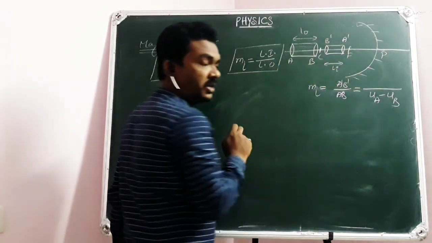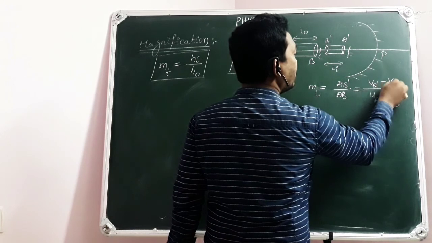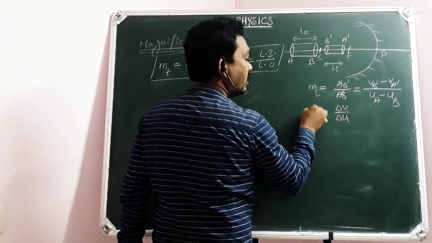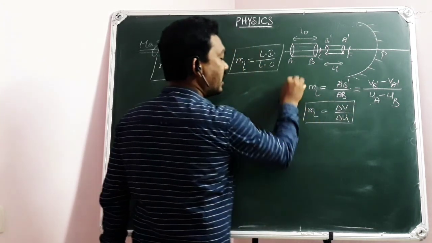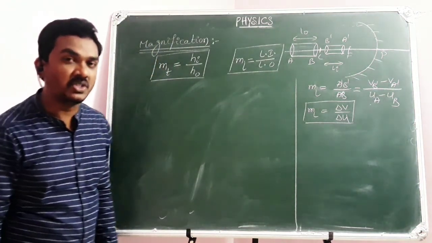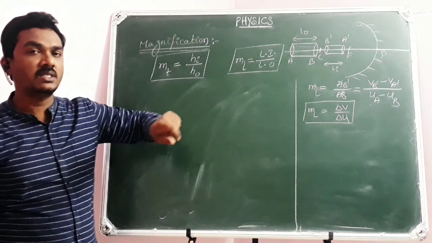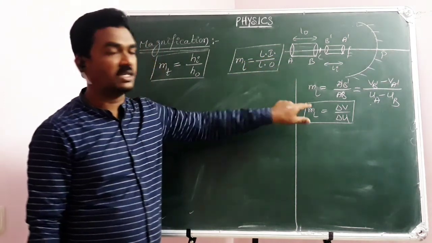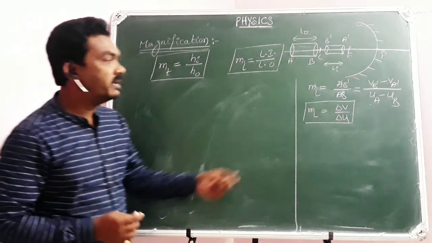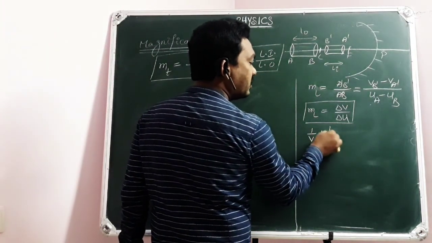Similarly, A dash and B dash are treated as two point images, so the length of the image is VB dash minus VA dash. That will be written as delta V, and the object length will be written as delta U. So linear magnification is delta V by delta U. That's the formula for linear magnification. When the object is placed along the principal axis, we discuss the ratio of the length of the image to the length of the object as linear magnification, delta V by delta U. This can be derived using differentiation. The mirror formula is 1 by V plus 1 by U is equal to 1 by F.